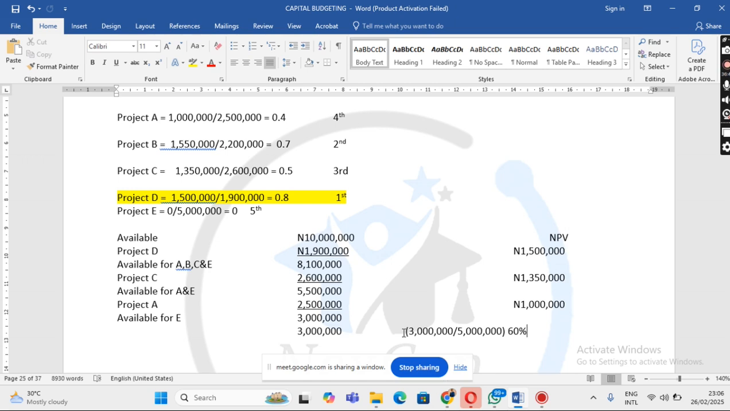60% of the NPV that you will have in project E. You incur 3 million. Your gain, your NPV, will be 60% of the total of what you want to get in project E, right? Class, therefore, since the NPV is 0, we just put 0, right? So therefore, the maximum NPV,